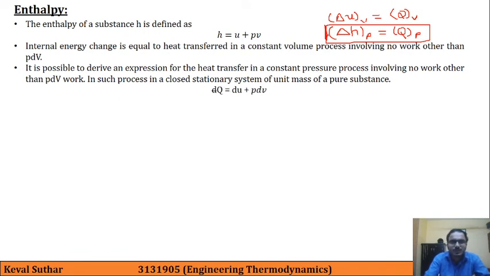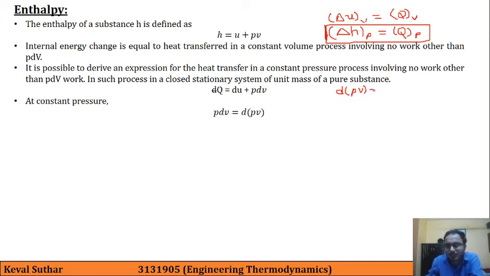So again we are revising our first law of thermodynamics, that is dQ is equal to dU plus PdV. Now at a constant pressure we can write PdV as d of PV. To explain this part, let us say that we are having this formula, differentiation of P into V.